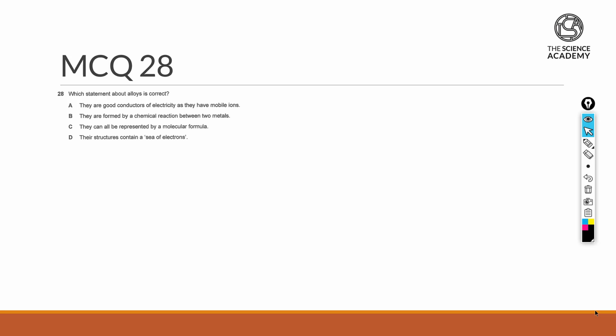MCQ 28 asks about the properties of an alloy. So let's start off first by understanding what is the definition of an alloy. It is a mixture of metal with other metal, and something very important to remember, and or